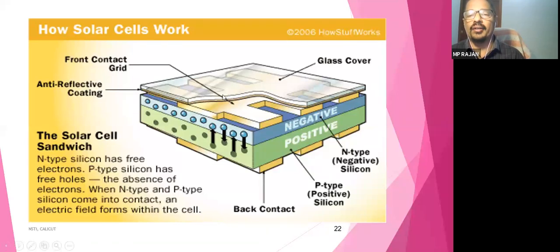Above that there is a glass cover. So the glass cover prevents ingress of moisture or any dust going inside. So there should be mechanical protection. If any dust particle or moisture goes inside, it will affect the efficiency of the solar cell. So the glass cover is on top, and on the side there is also an aluminum frame. This is about the construction of a solar cell. Main parts are the negative n-type semiconductor, positive p-type semiconductor, metal conductor at bottom and top, then an anti-reflective coating, then an upper protective glass. This is about the construction.